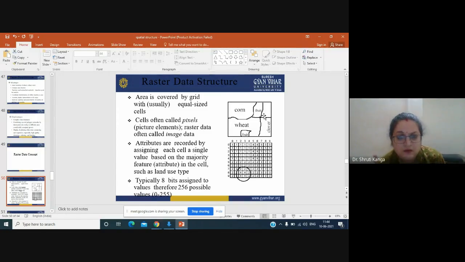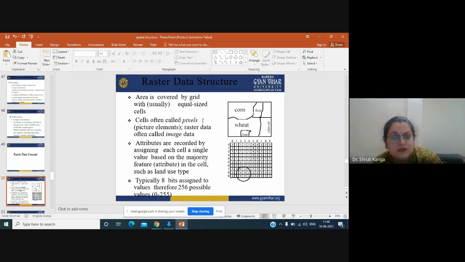Clear? In case of raster data structure, the area is covered by a grid which is shown in this figure. And these grids or pixels have an equal size. This thing you have to remember when you go through spatial data resolutions. Every pixel has a spatial resolution, so based on that, each and every area is divided into equal sized pixels or cells.